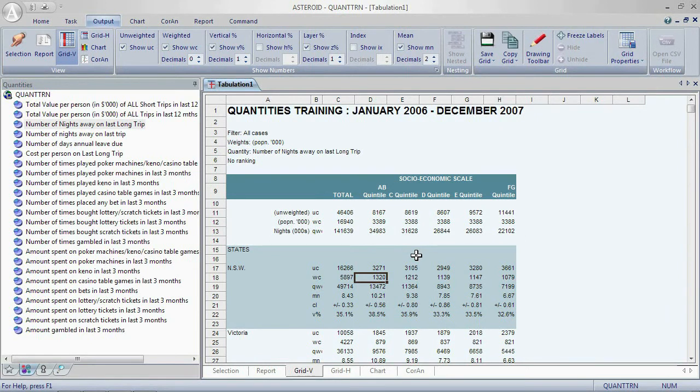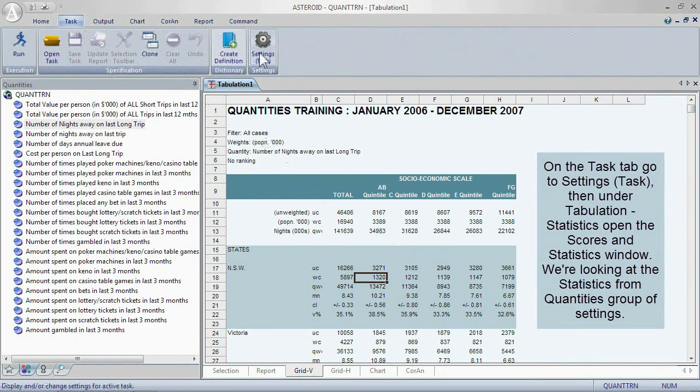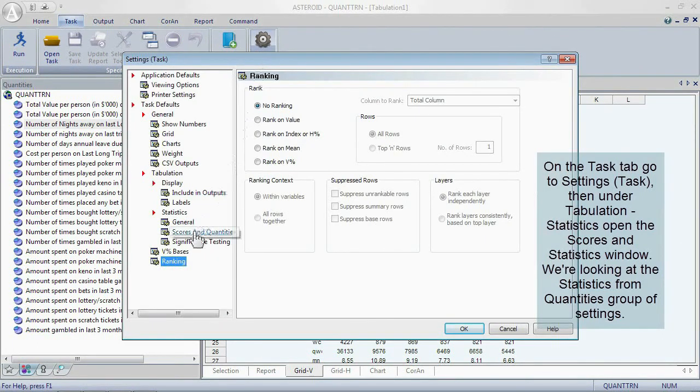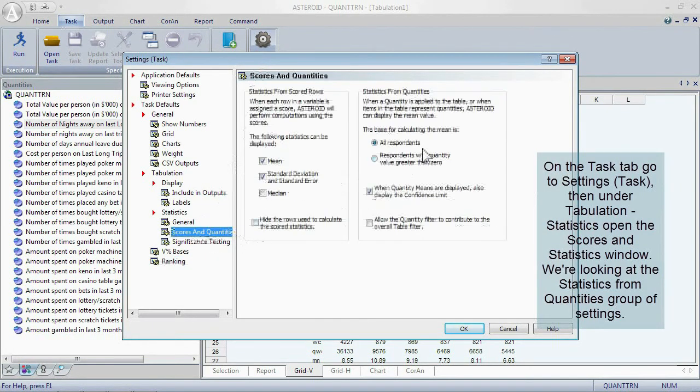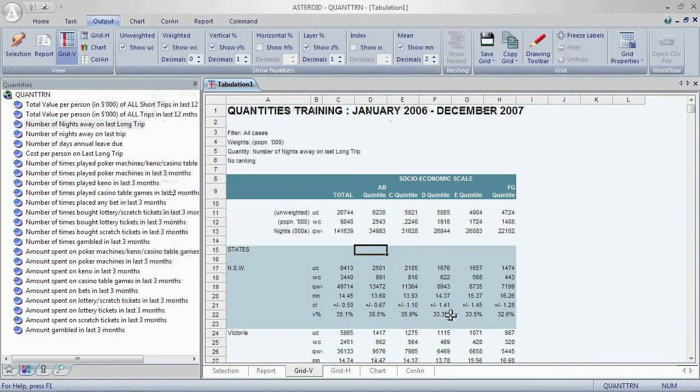The other setting we're going to change, by default this is all respondents. I'll change this to respondents with quantity greater than 0. You'll see that when we change the setting, the weighted count for the population changes. So where before it was 1.3 million, it's now